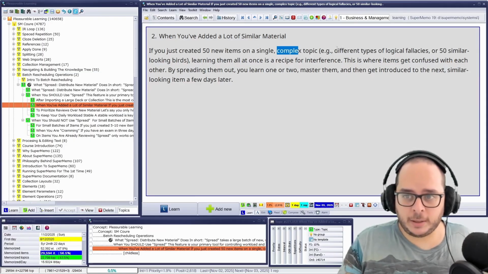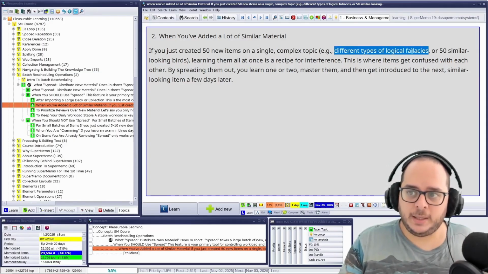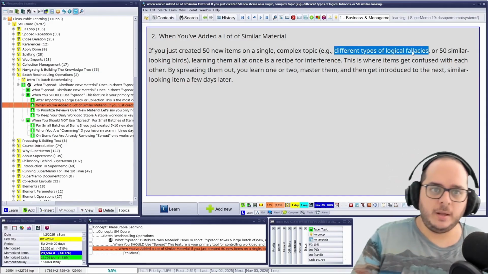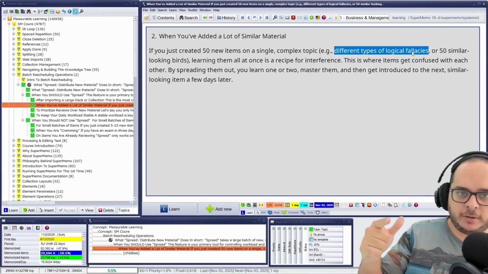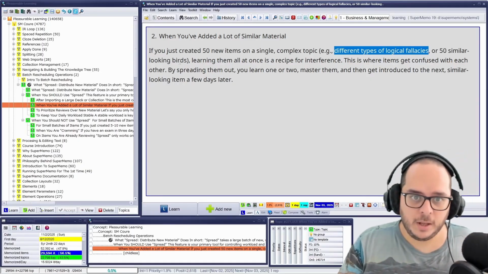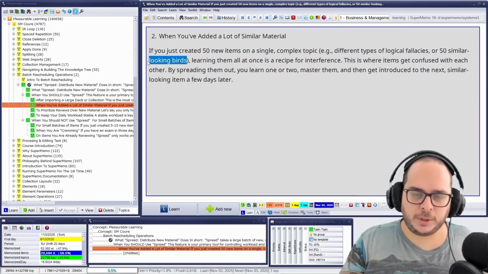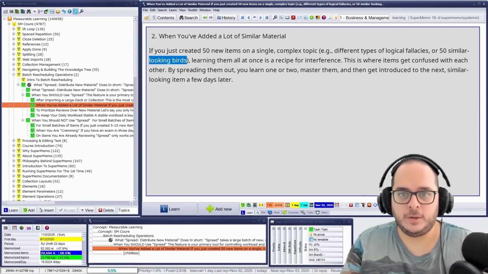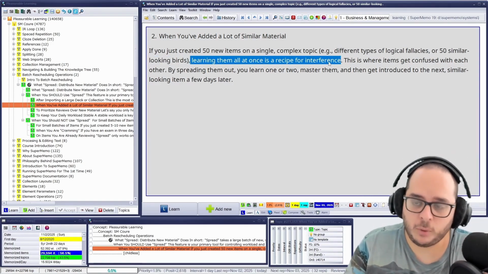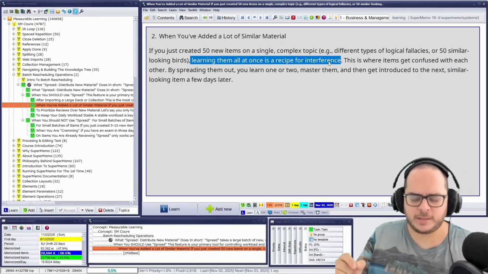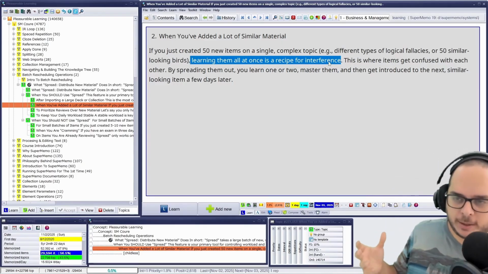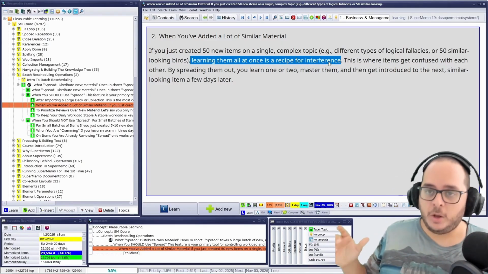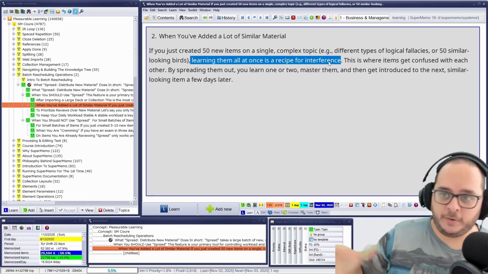And if it was incremental reading, something I did in the past, like logical fallacies, or in the English collection, you have a lot of similar looking birds with very obscure names in Latin, stuff like that. So learning in sequence will be too hard because they're too similar to each other. What I'm going to do is combat the interference.